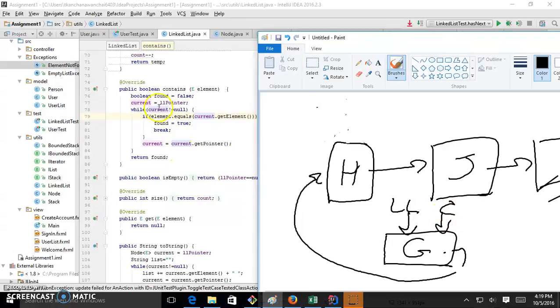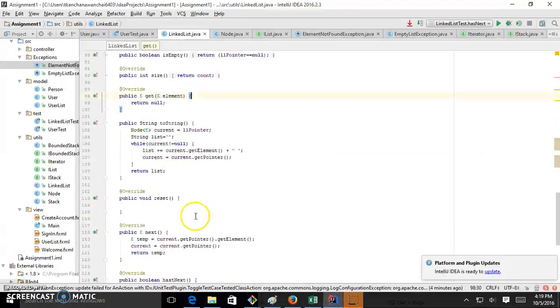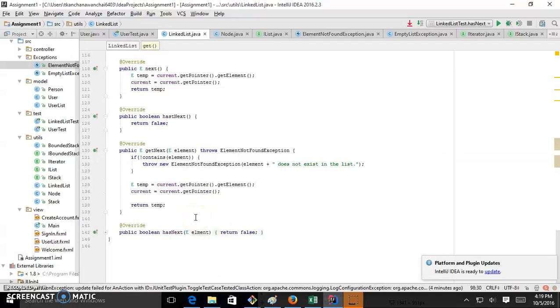So the current L pointer, let's just move current to where J is, which is here, right? So this is no longer there because it keeps moving from iteration here. And when it equals, it returns true right away, because it breaks out of the loop. But the pointer is still there. That means when I do